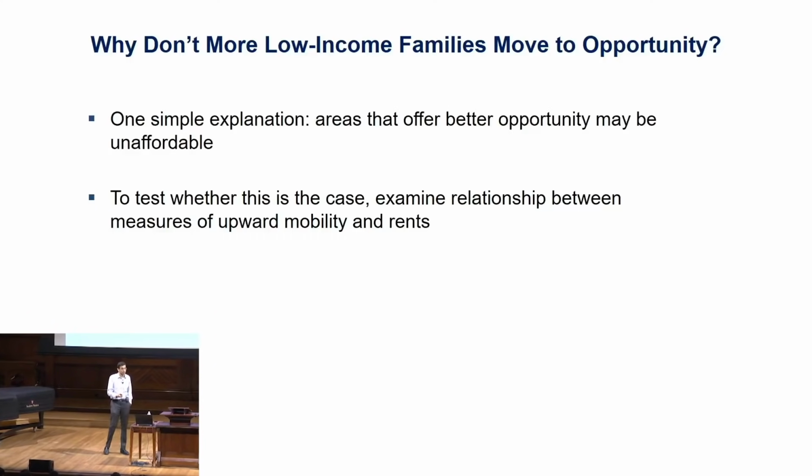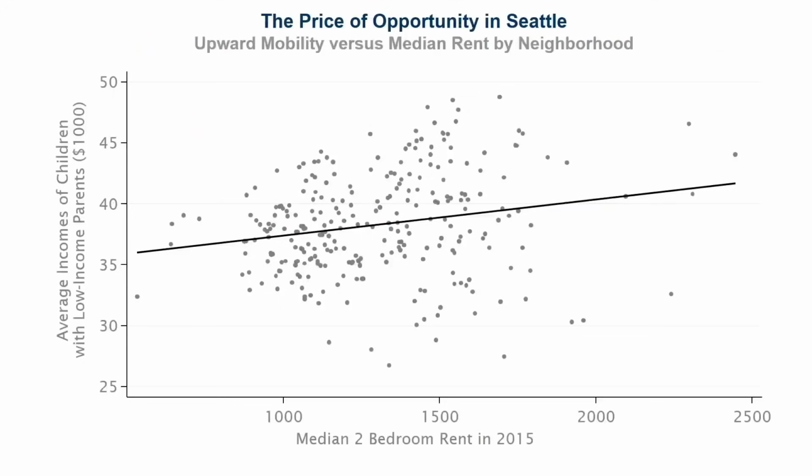We can test that explanation, and we can do so by examining the relationship between the measures of upward mobility that we've constructed and data on rents that we can get readily from the census or from websites like Zillow and so forth. And so that's what we're doing here. So what we're doing is plotting